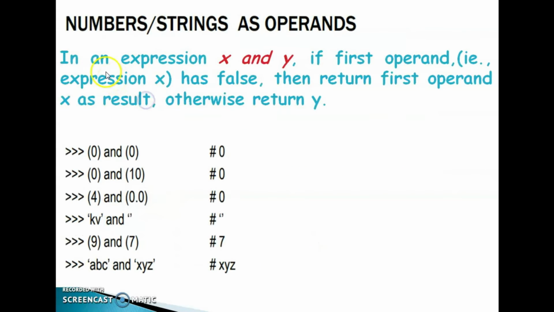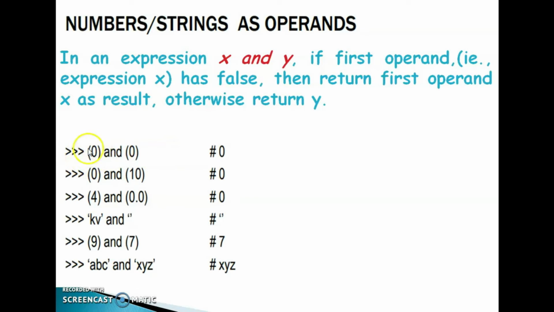The next one, numbers or strings as operands. In an expression X and Y, if the first operand, that is expression X, is false, then return the first operand X as the result. Otherwise, return Y. 0 and 0.